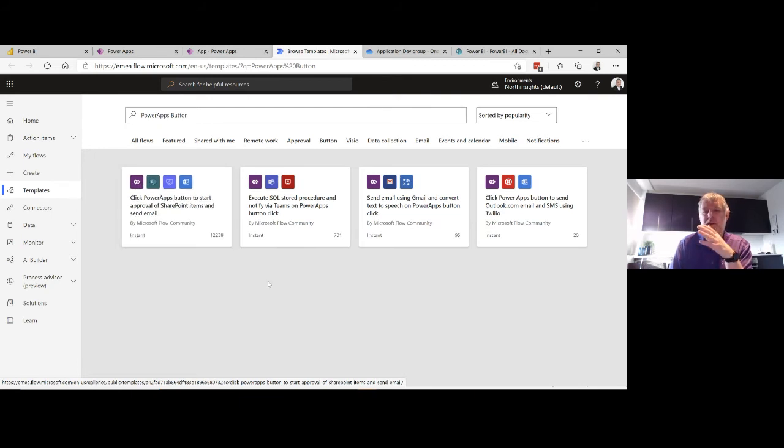The weird thing about it is that recently they did some kind of a change. Before, when I did this, I always had the option of having a template that had a Power Apps button, and then the rest was up to me. Here they have all kinds of other things, Teams and SharePoint and SQL and Gmail, all kinds of things in here that I don't want. And if I click one of these and start deleting from it, it's going to cause havoc. So I'm just going to create a new one from scratch.